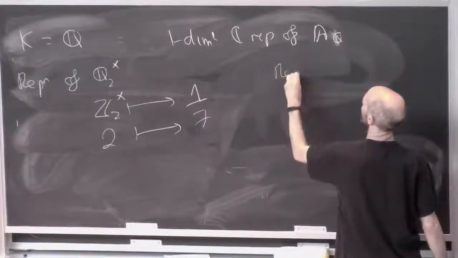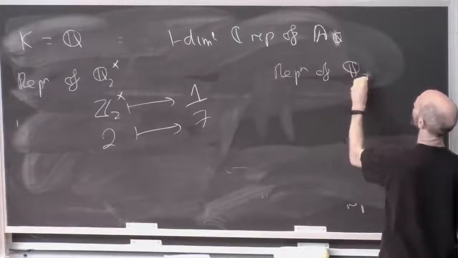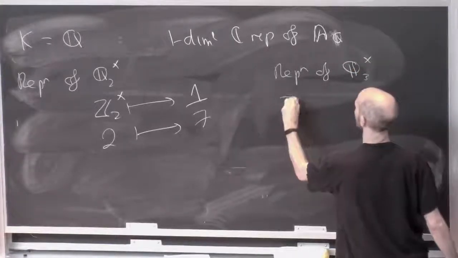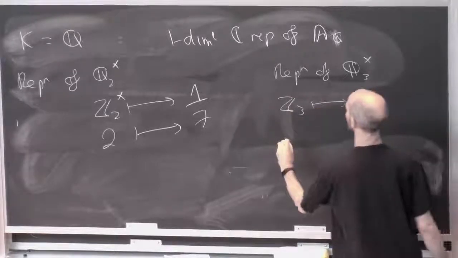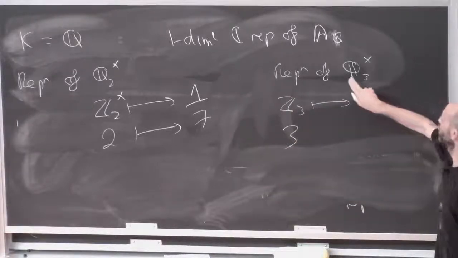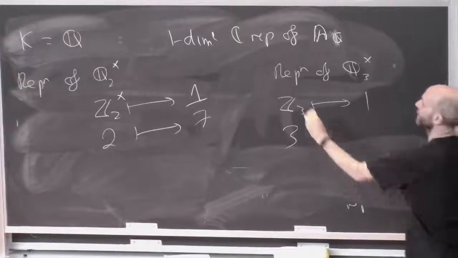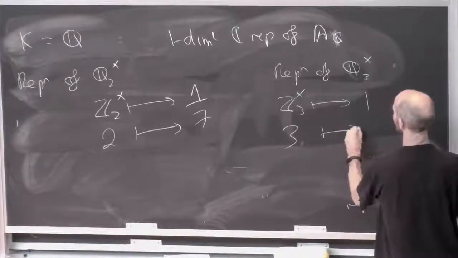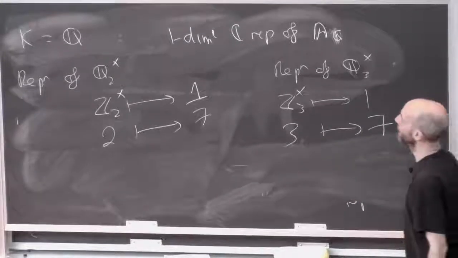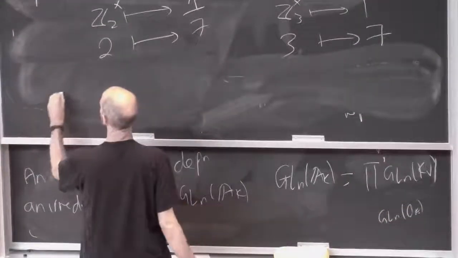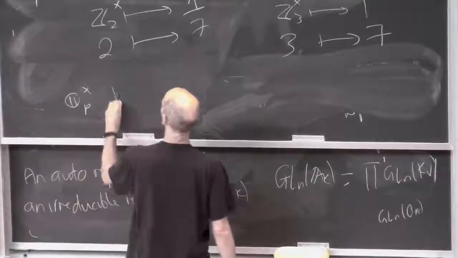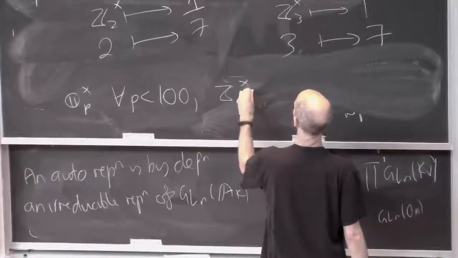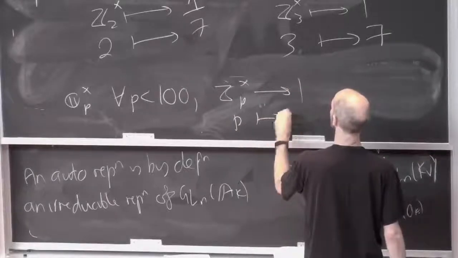So now we need a representation of Q_3 star. Well, I don't know, unramified representations are the best, so I'll send Z_3 star to 1, and 3 generates. You see, because Q_3 star abstractly as a group is generated by Z_3 star and the uniformizer, which is 3, and I'll send it to 7, because 7 is my favourite number. So I'll do that to Q_p star for all p less than 100. There, I'll send Z_p star to 1, and I'll send p to 7.